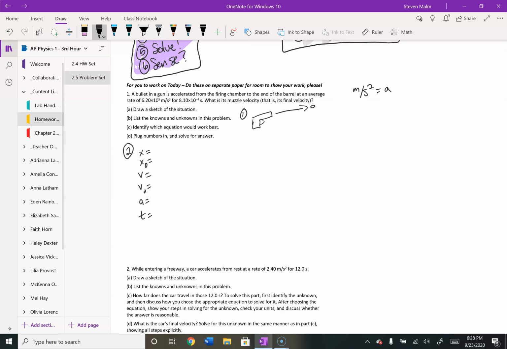So I do not know an X final, but I know that if it starts in this gun, I can define its initial position as 0. It also says what is the muzzle velocity, its final velocity. If it's starting in this object that isn't moving initially, then its initial velocity is going to be 0. Looks like this is the thing I'm wanting. And that's part of problem step 3. A was given as 6.20 times 10 to the 5th meters per second squared. Time is given as